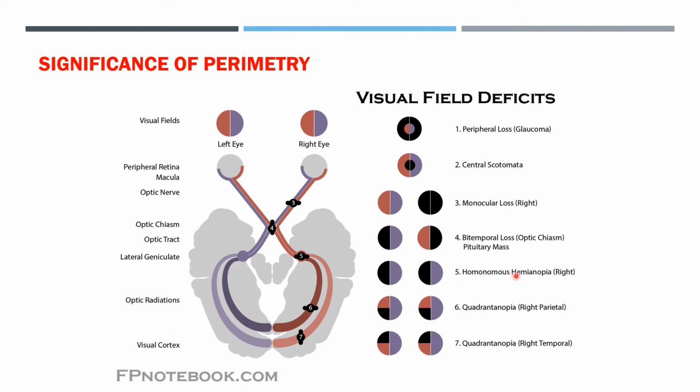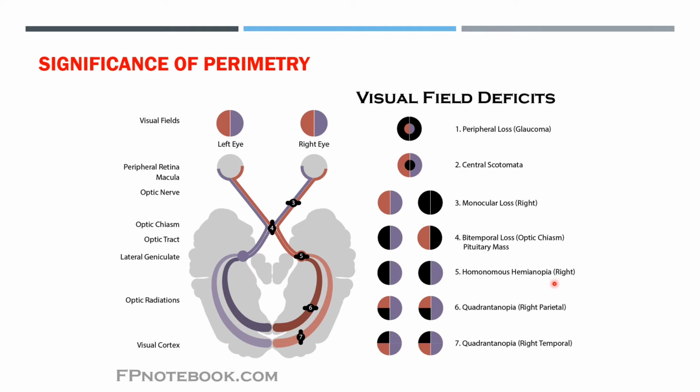Now why does this happen? Because the fibers of the temporal side of one eye are coming, and the nasal fibers from the opposite eye are coming. So the nasal fibers of the opposite eye are damaged, so the temporal field of the opposite eye is damaged. Here the temporal fibers of the same eye are damaged, so the nasal field of the same eye is damaged. The crossing of the nasal fibers occurs at the optic chiasm. So that is why it is known as homonymous hemianopia.